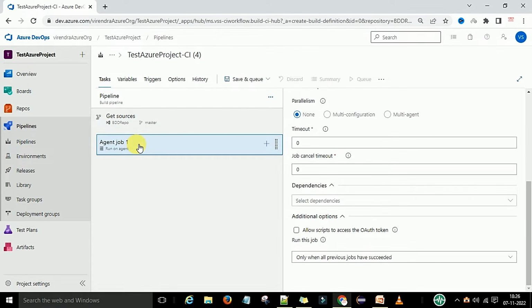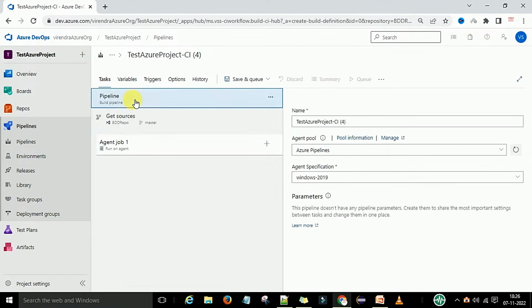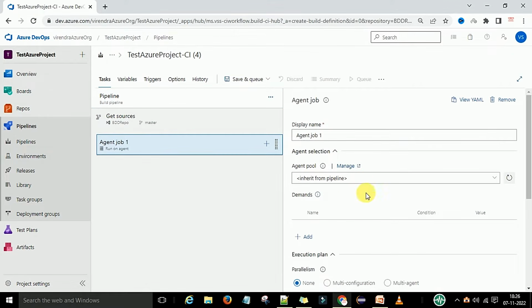Task 3 is running the job. So I want to run job 1 on agent 1. For the agent pool, you need to select the agent pool which I defined in the pipeline. So in the pipelines I have a Microsoft hosted agent. This is Windows 2019. Okay, this job I have defined. Now I will save